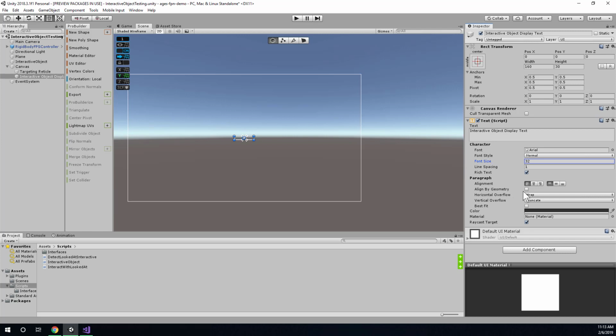So what I will do is, you could just make this text box larger or map it to the whole screen, which isn't a horrible idea, but for now I'm just going to choose overflow, and overflow for vertical as well. I want to center this text, paragraph alignment, and I want it to be in the middle vertical alignment. And now it should start to show up